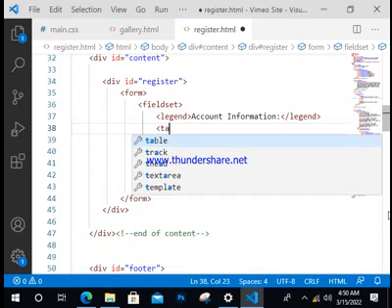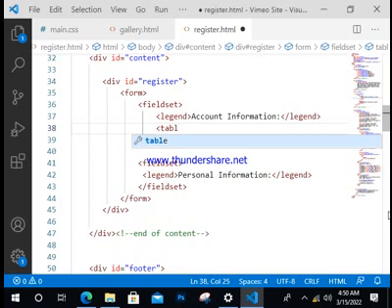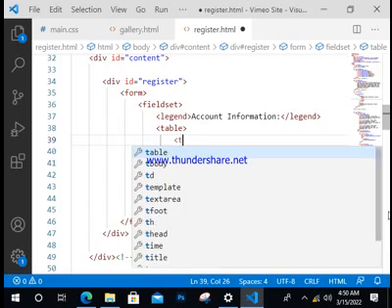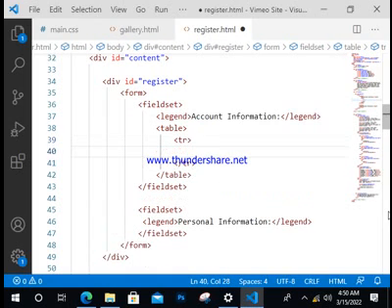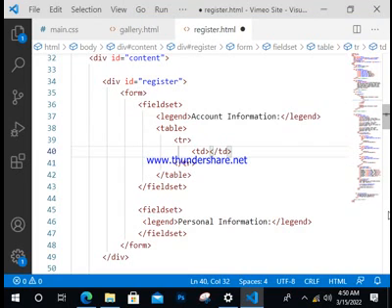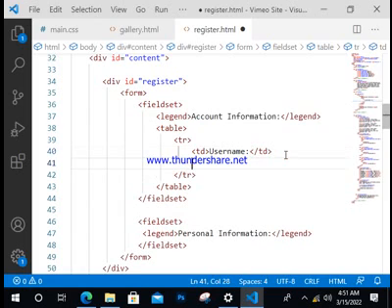Let's create the table first. Are we all familiar with table? So you create the table row, and inside it we have the first TD. TD is what? So for this one we have username, table data, or table dimension. So username, that's for the first TD, and for the second TD